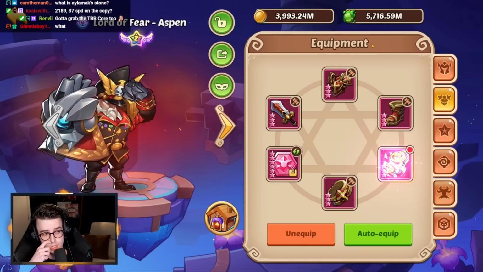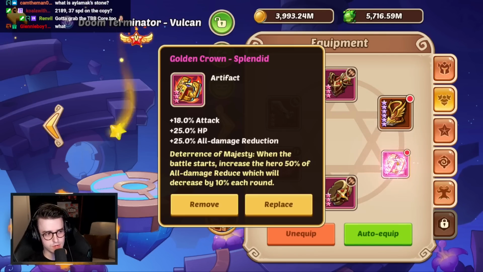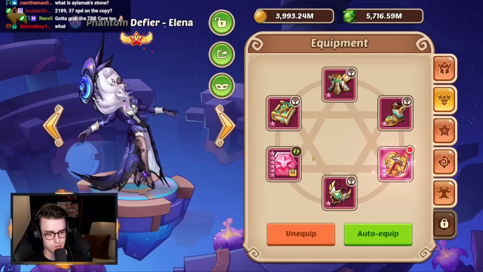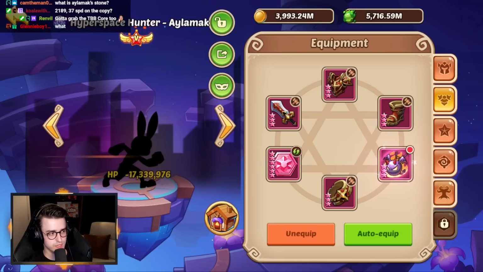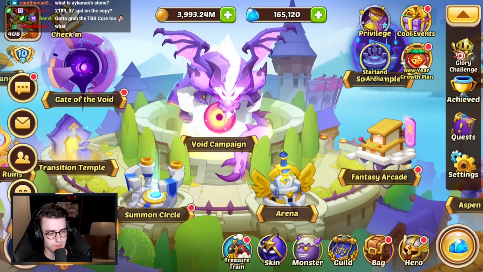Now, I'm going to keep Receptor on Aspen. I'm going to run Demon Bells on everyone else. It's going to be really weird. I'll run a Demon Bell Vulcan and a Demon Bell Ailamak. I think this is the correct choice. Demon Bell Elena, Demon Bell Ailamak, and it's going to be a really weird energy for your team. But it should absolutely shred. And hopefully it ruins this